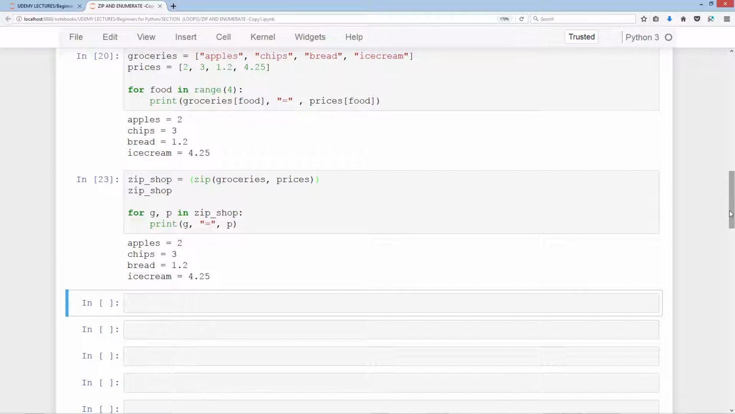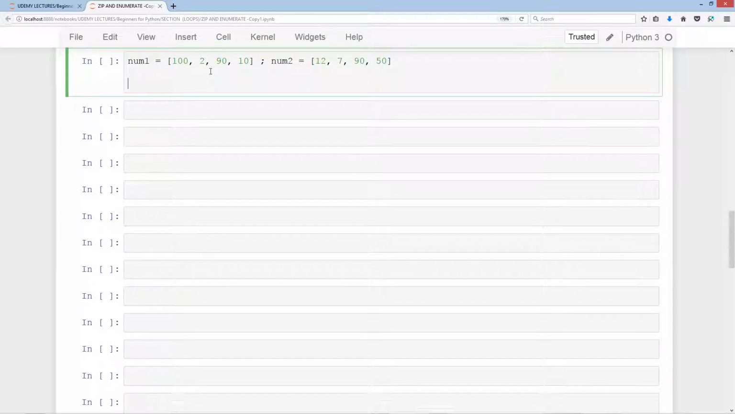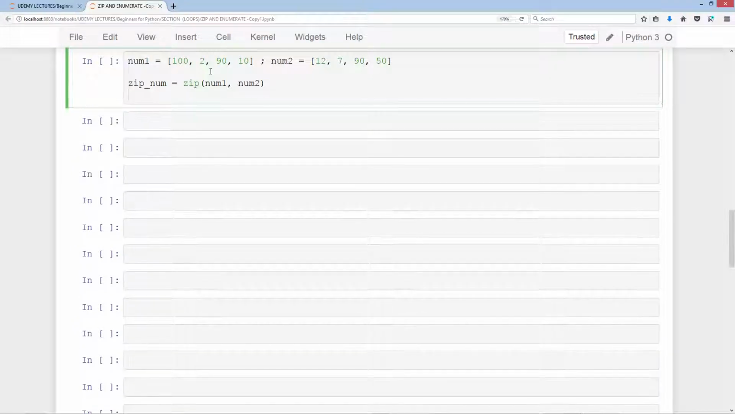Alright, so moving on from that, let's say we do num1, so it's 2 new lists in this case. So num1 equals 100, 2, 90, and 10, and then do semicolon to keep it on the same line. Num2 equals 12, 7, 90, and 50, and then we'll do zip num equals zip num1, num2, and then we'll